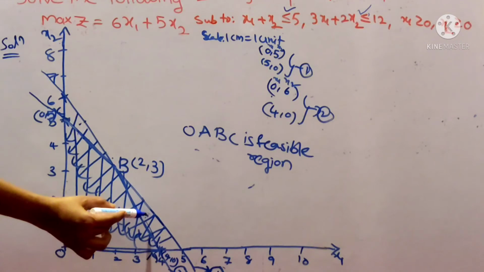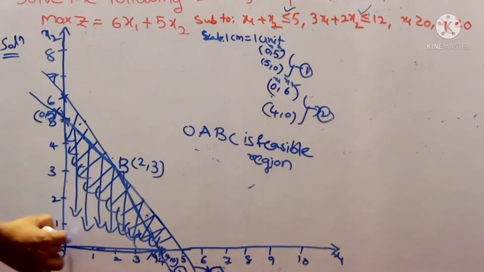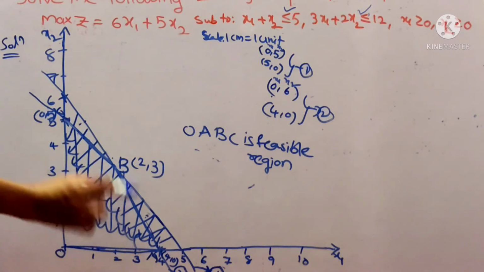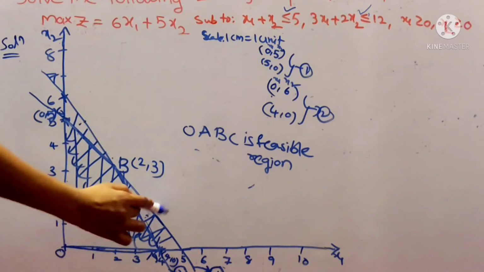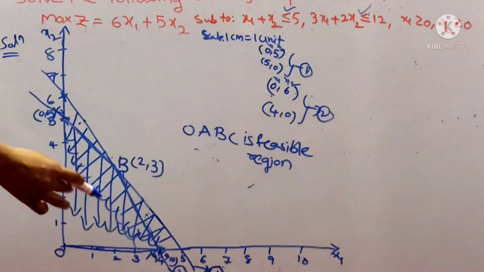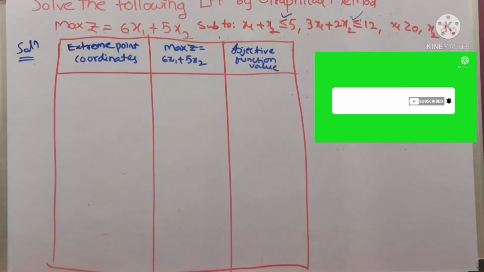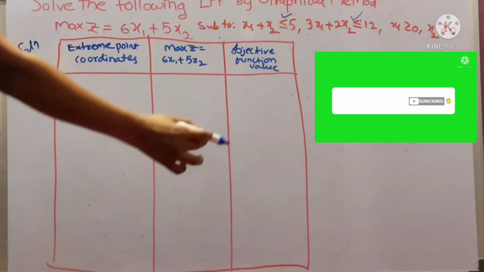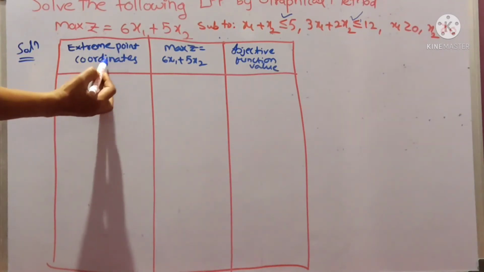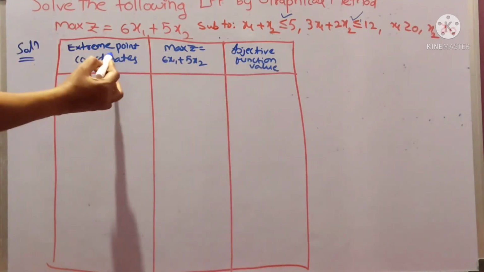See, can you observe here on the y-axis between 5 and 6 there is a portion that is not feasible, because that is not common to equation 2. Similarly, on the x-axis between 4 and 5 there is a portion that is not common, and that is not the feasible region because that is not common to equation 2. Now these coordinate points are substituted in the objective function.